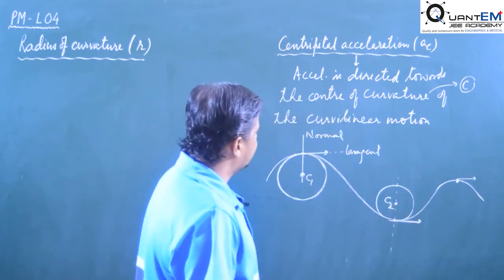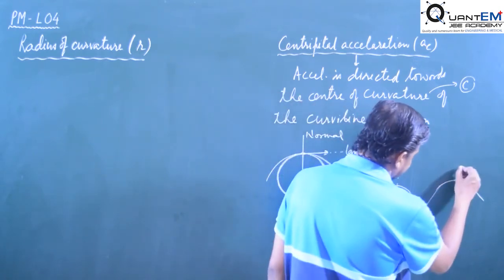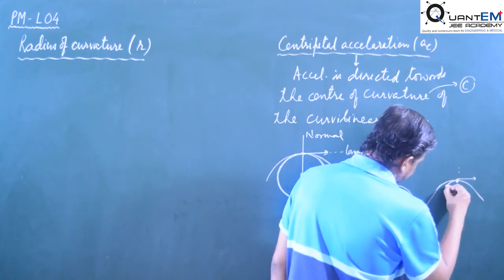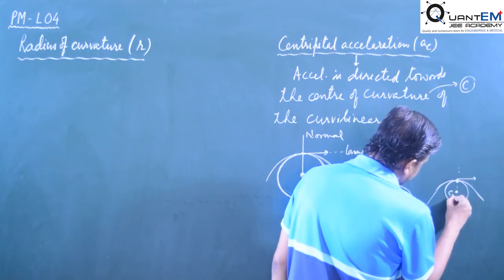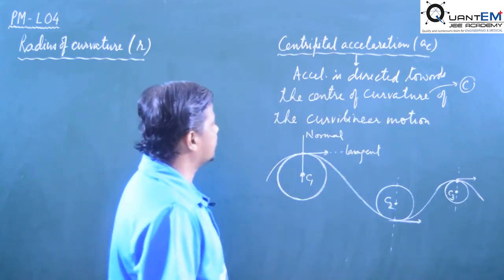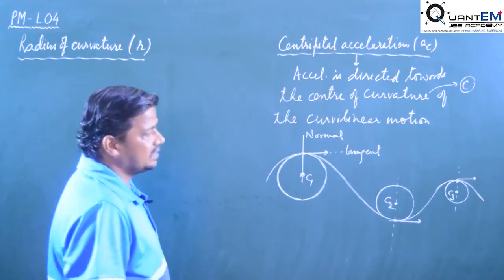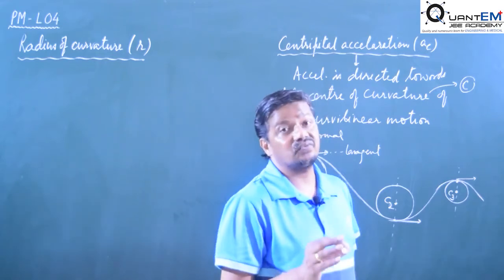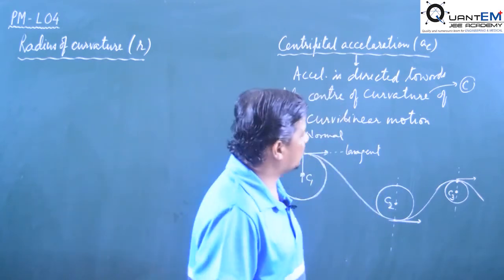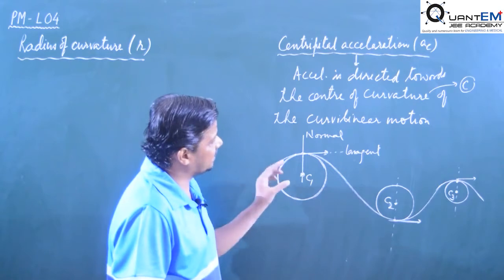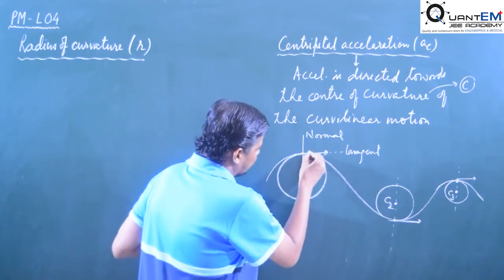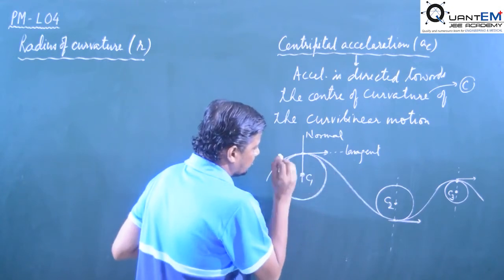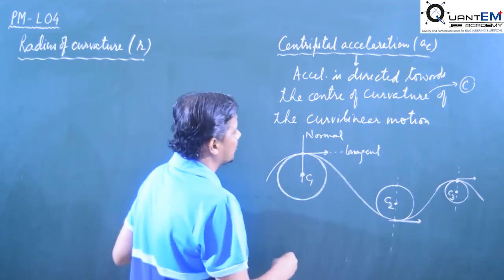Suppose at this point the center of curvature is C2. Now come to this point. Again you have to draw a normal and draw a circle. It is the center of curvature C3. For the plane, the center of curvature is at infinite distance, while for a curve, the center of curvature will be at a defined distance. So at the curve we have to draw a circle and find the center of the circle. That is called the center of curvature.